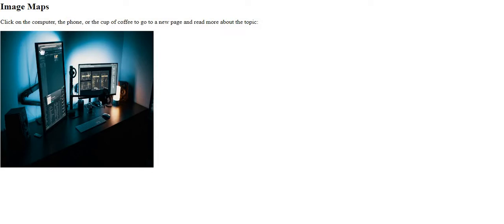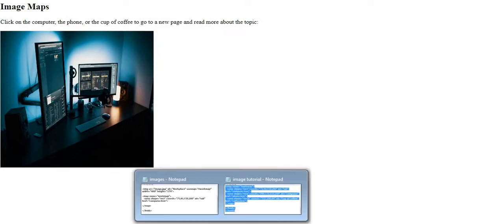So this will be the first coordinate, and the second coordinate pair will be nearby here, where I am hovering my mouse right now. Can you see that? From the top we give this many pixels, and from the left this many pixels. That's it. Then this area, and only this area, will be clickable in the image.